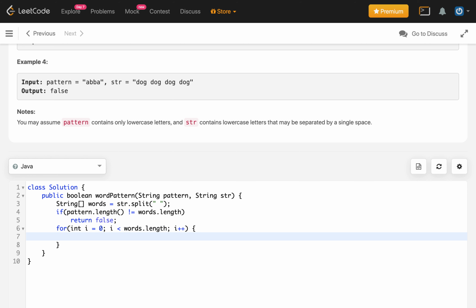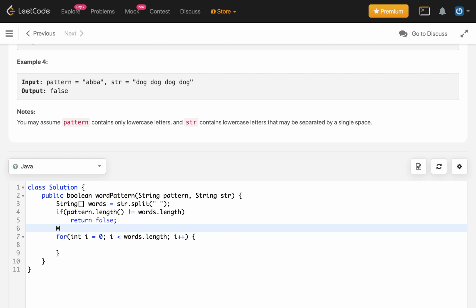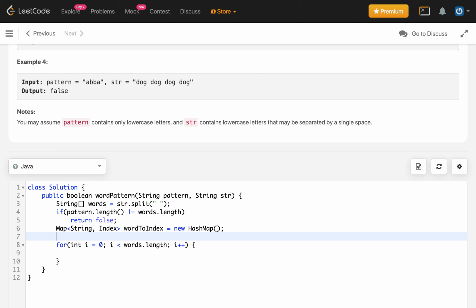Now we need the two maps. One map is for string to index. This will be bird to index, it is very big, but it is fine. So let's say new hash map, and now we need another map, from character to index, to hold the char to index. New hash map again.